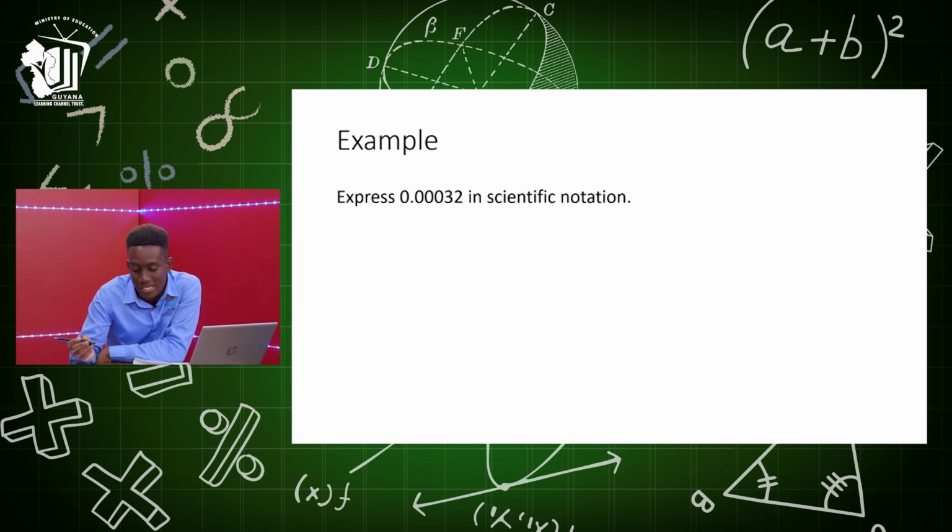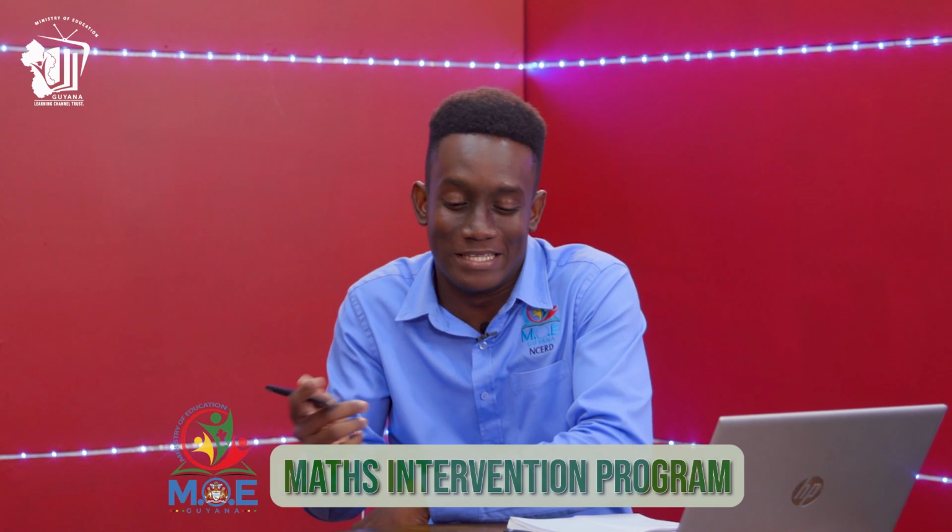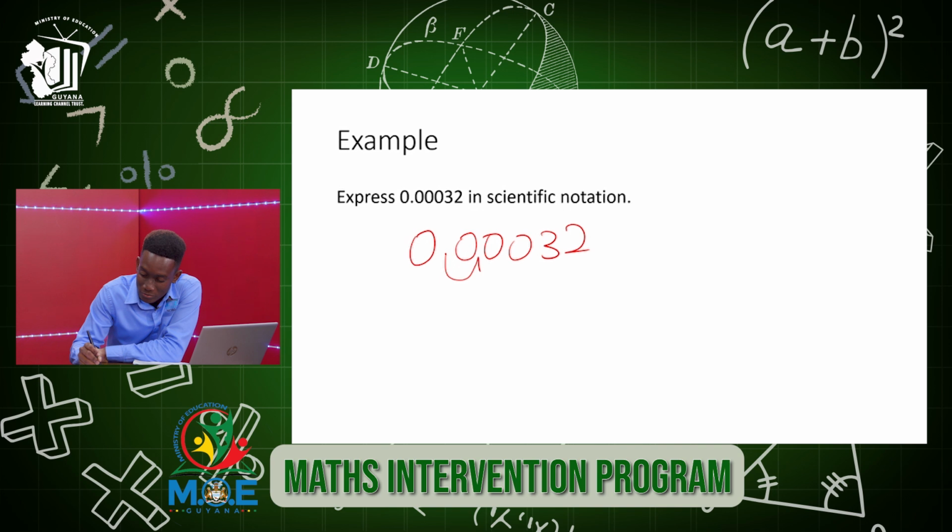So let's say we have to express 0.00032 in scientific notation. And of course, we see this number is less than 1, so we know that our power will be negative. So we move this point and we put it between the first two non-zero digits, or the first two digits greater than 1 but less than 10. However you want to remember it, it's up to you. So we move 2, 3, 4. So this will become